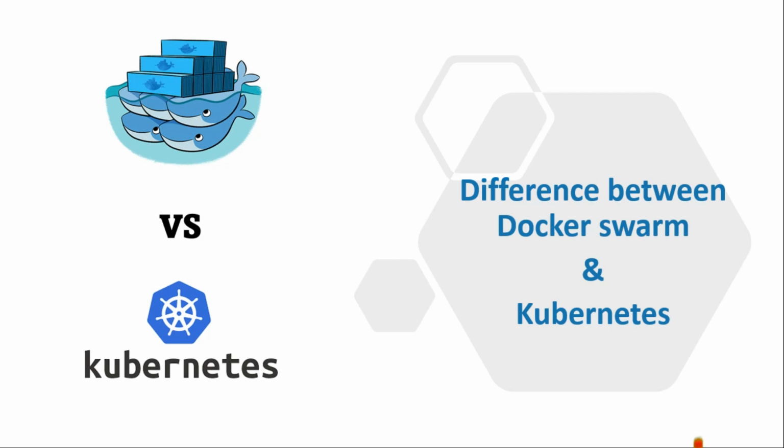Docker Swarm is developed by Docker and Kubernetes was developed by Google. If you look at the market share of both, around 90% belongs to Kubernetes and the rest to Docker Swarm. There is a reason: Kubernetes is used for multiple container runtimes, such as Docker containers and Rocket containers. Kubernetes supports all of them, but Docker Swarm supports only Docker containers. So that's the reason Kubernetes is more popular.